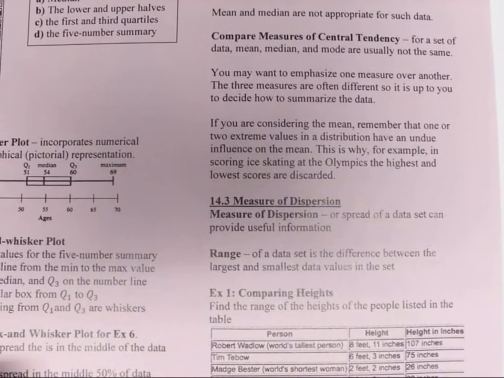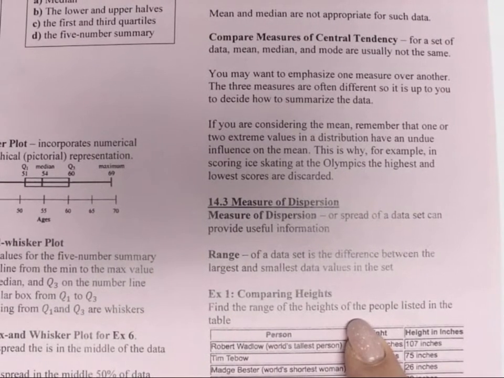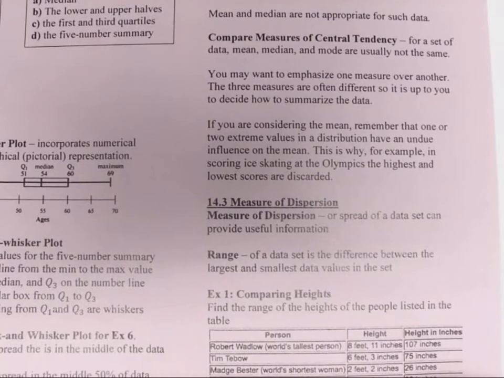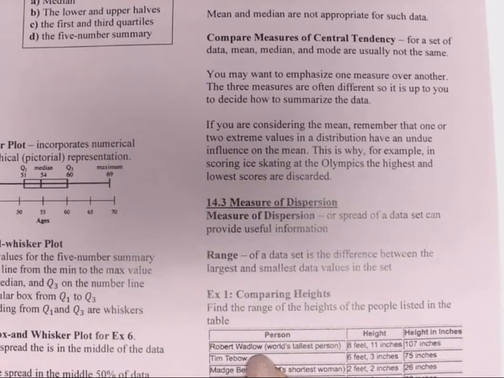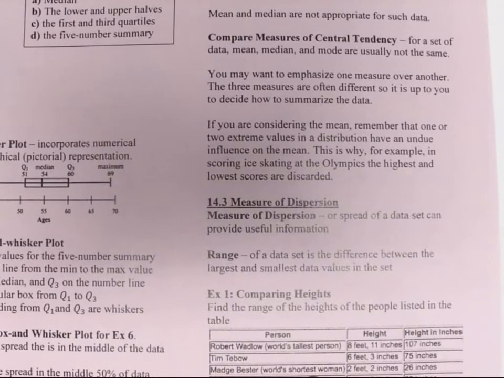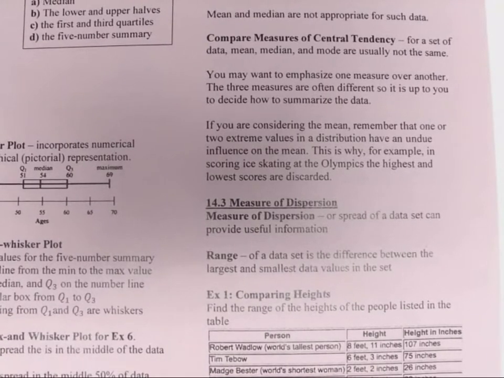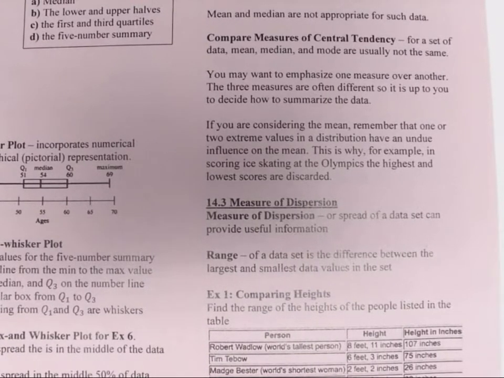So in example 1, we're going to compare heights. We're going to find the range of the heights of the people listed in the table. So we're looking at Robert Wadlow, who's the world's tallest person, Tim Tebow, Madge Bester, the world's shortest woman, and LeBron James. If we're looking at the range, we really just care that we have a tallest and a